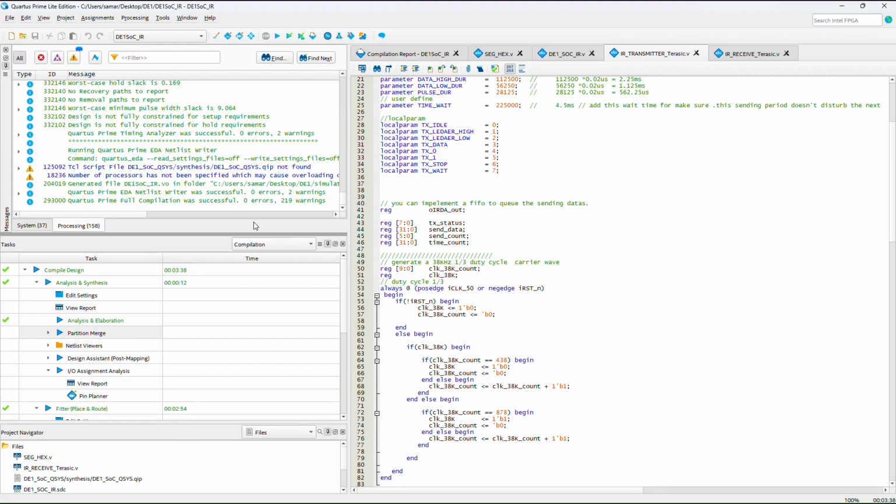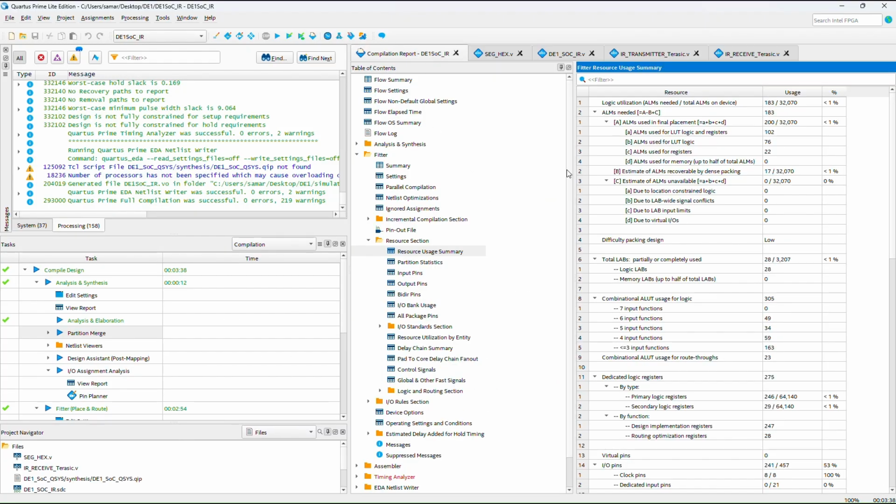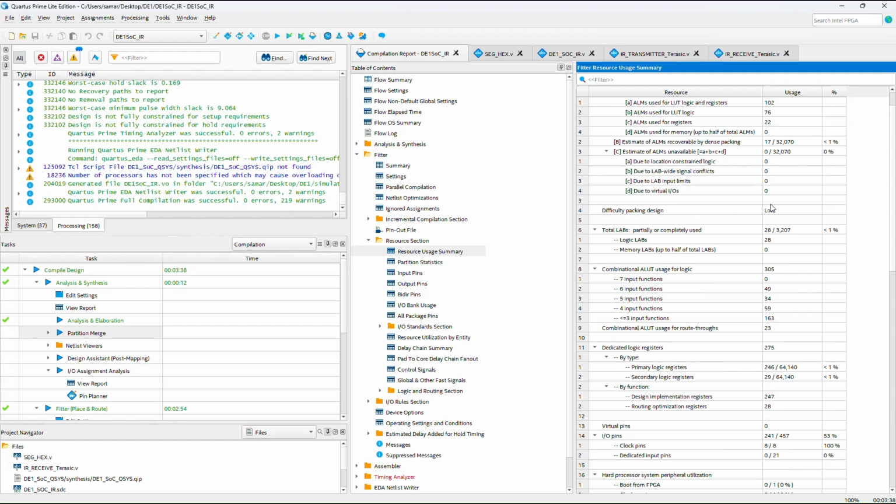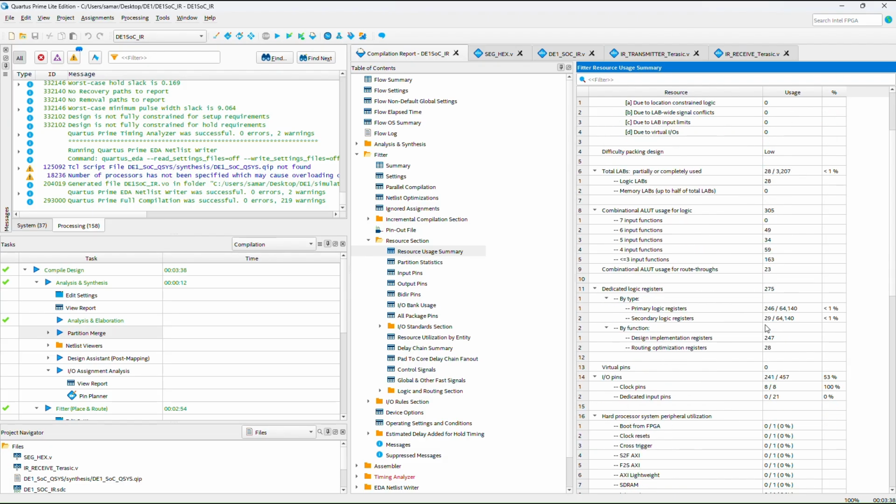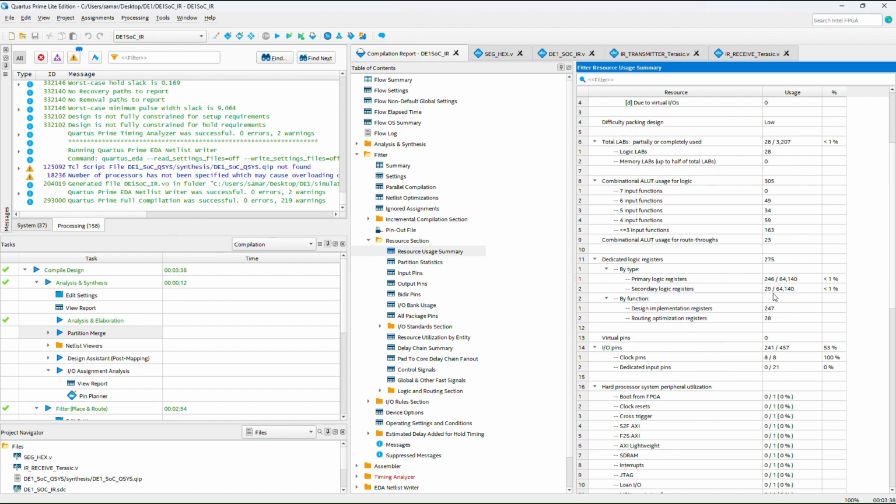Let us now look at the post report and see the resource utilization. As you can see, ALMs are 183. Initially it was 200, and then after logic optimization and other things, it could be reduced to 183. ALUTs used are 305. As you can see, the different values of input functions being used, and then we have the dedicated logic registers, 275 of them being used, and now we have the pins, 241 pins,